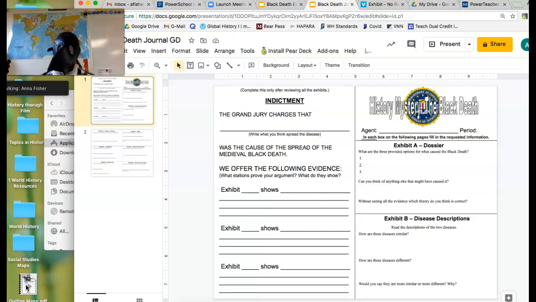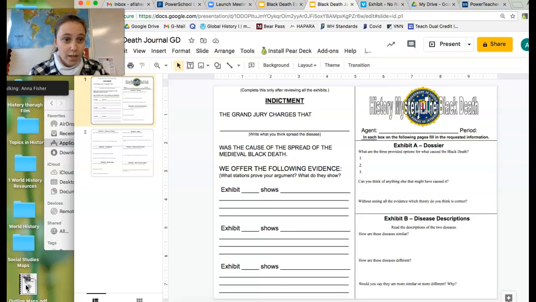It is finally Black Death Plague Day in world history. I have been waiting for this day since this pandemic has started, where I actually have a good reason to wear my plague mask. So, what we will be doing is we're going to look into this idea of how